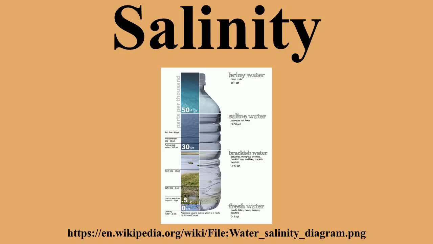Salinity can be expressed in the form of a mass fraction, i.e., the mass of the dissolved material in a unit mass of solution. Seawater typically has a mass salinity of around 35 grams per kilogram, although lower values are typical near coasts where rivers enter the ocean. Rivers and lakes can have a wide range of salinities, from less than 0.01 grams per kilogram to a few grams per kilogram, although there are many places where higher salinities are found. The Dead Sea has a salinity of more than 200 grams per kilogram,